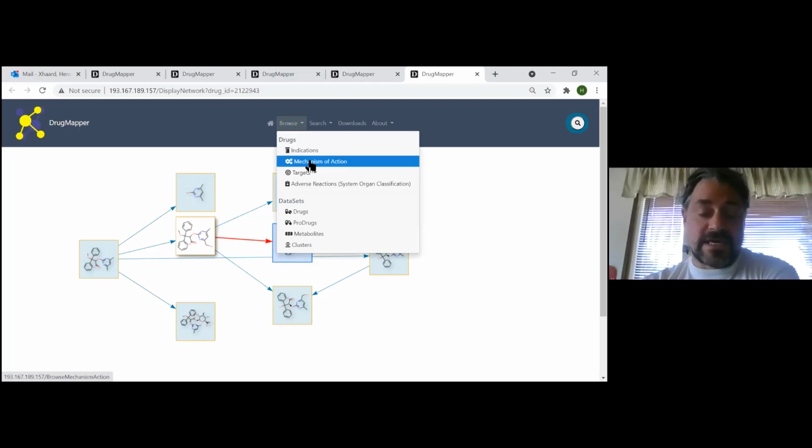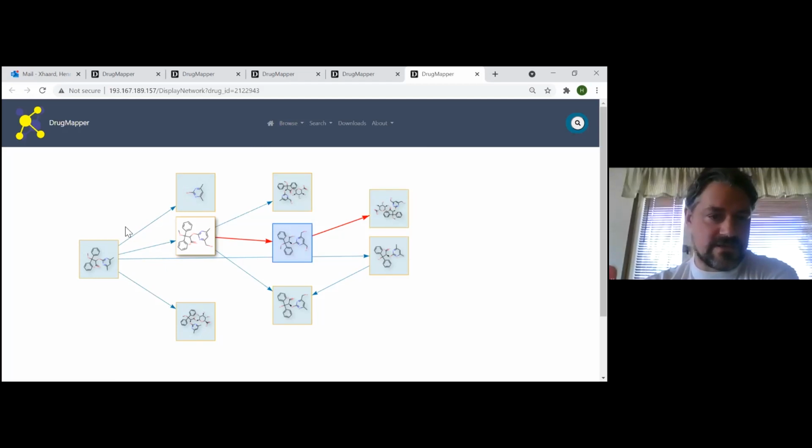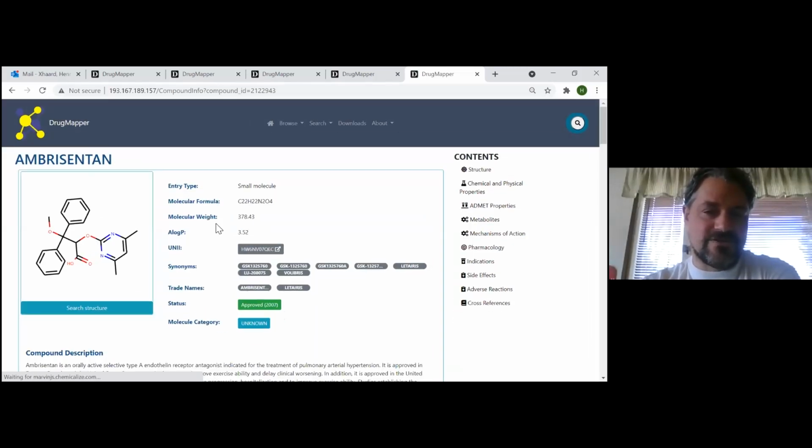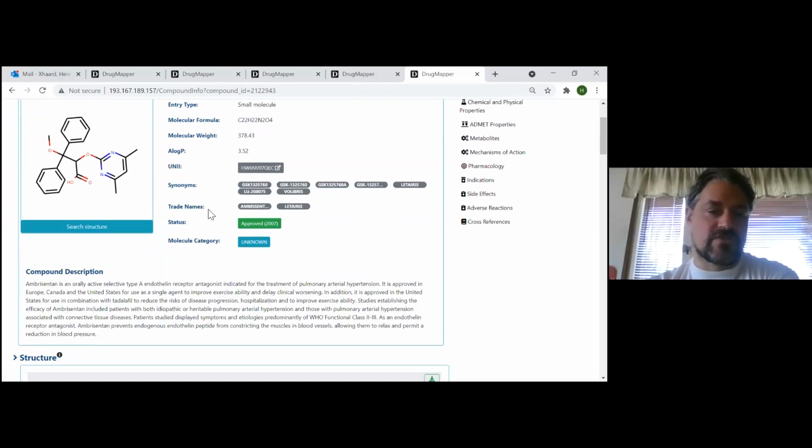We have also the mechanism of action, and I'm not going to click it because it may take too long to download. I'm just going to click on the compound chart. Usually it works, but it's running on a local computer, and this database will be hosted at the Finnish center for scientific computing. So if you click on a compound, you get a chart of the compound, you have description,